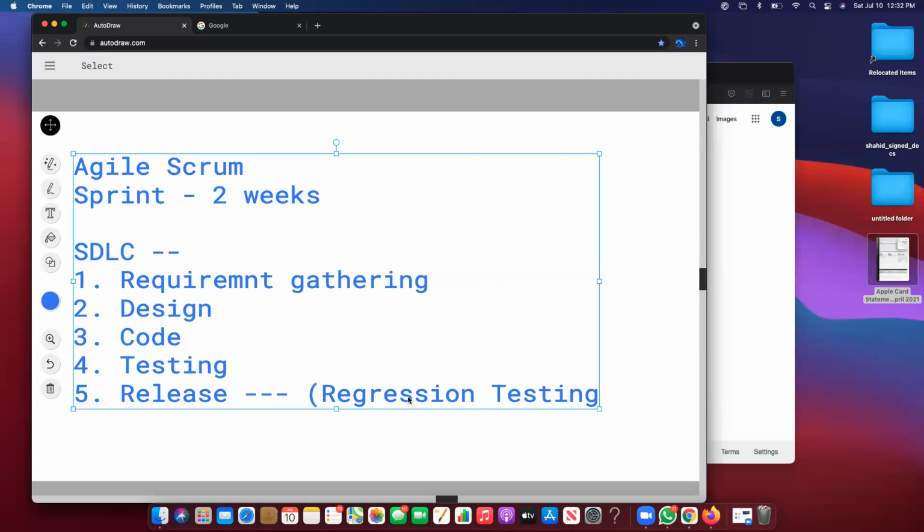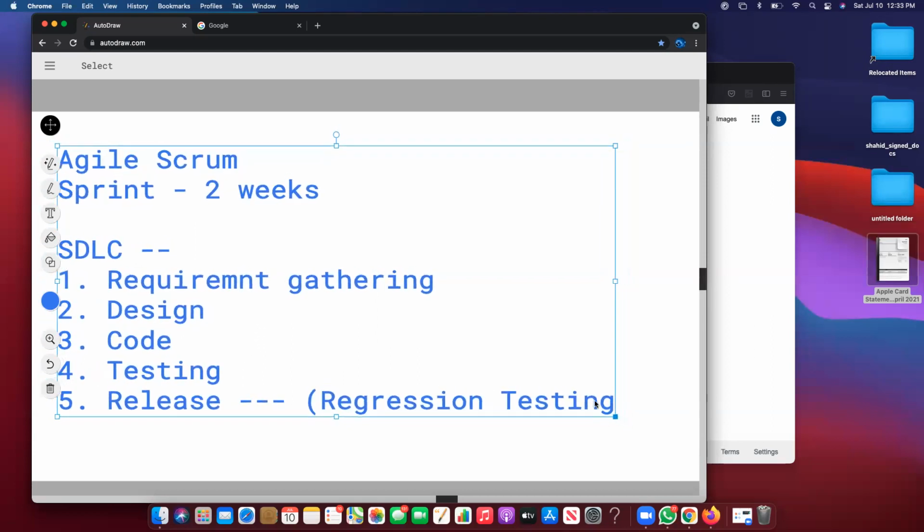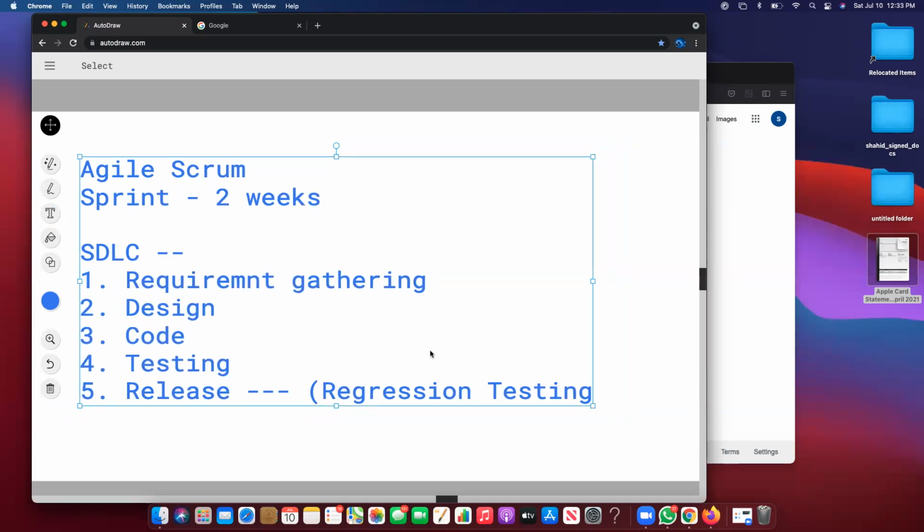How can you say for sure that there is no bug introduced by the existing code or by the new code that the developer just finished? When you do the regression test manually, it takes a significant amount of time. And so now in Agile, what's going to happen is when we create our automated regression suite,